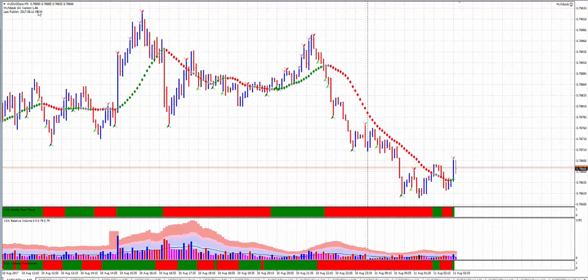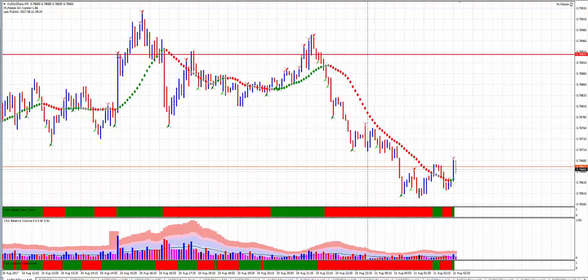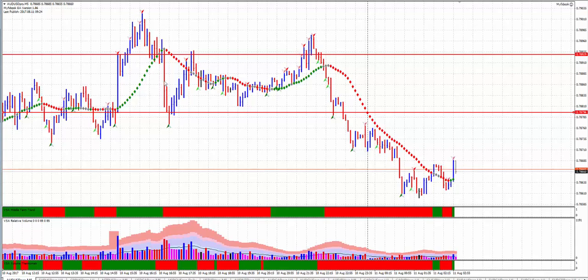Okay, now areas of ultra high volume, they act like a magnet. Okay, prices get attracted to those levels. So what I do here is I place a horizontal line on the high of that ultra high volume bar and also the low of that ultra high volume bar. And what we can see is price basically comes back and trades within that area.